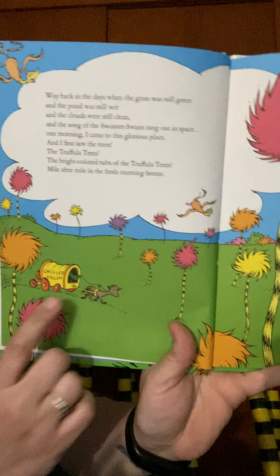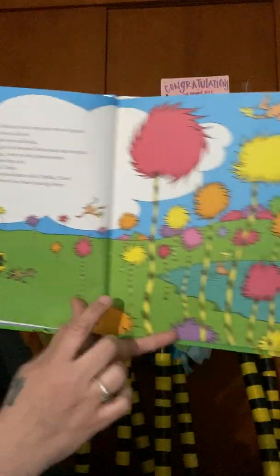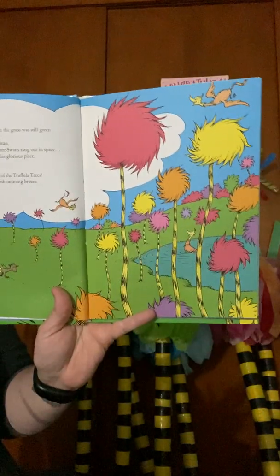How pretty. Here's the Once-ler. He's coming in his little wagon to this beautiful place. Would you want to live somewhere